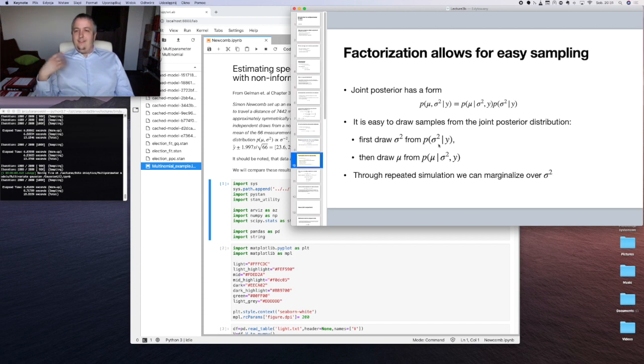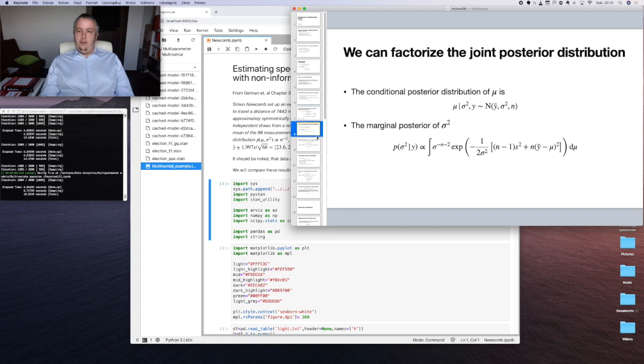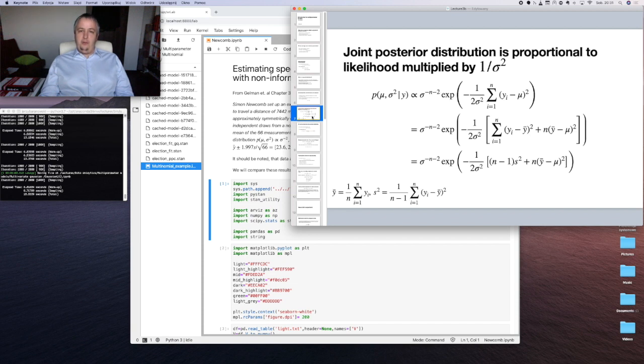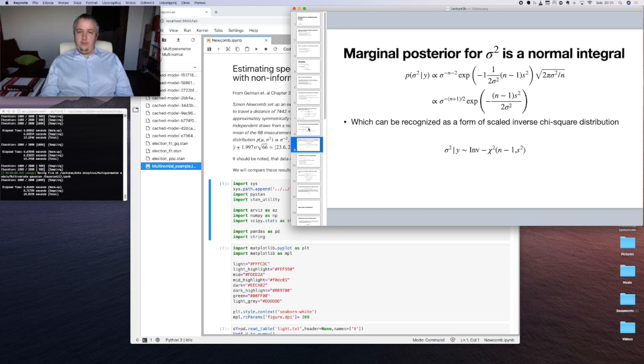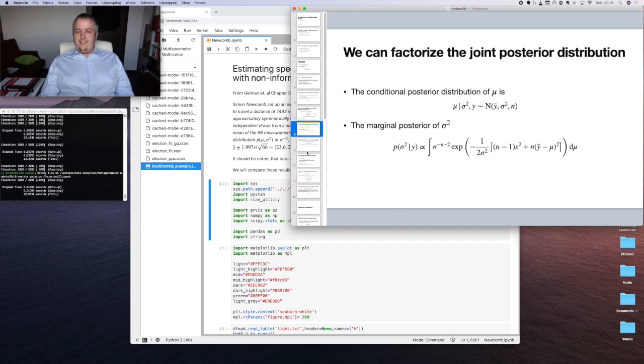And this factorization, so expressing our joint posterior as a multiplication of mu dependent on sigma squared and y, which is a normal distribution dependent on sigma squared, and